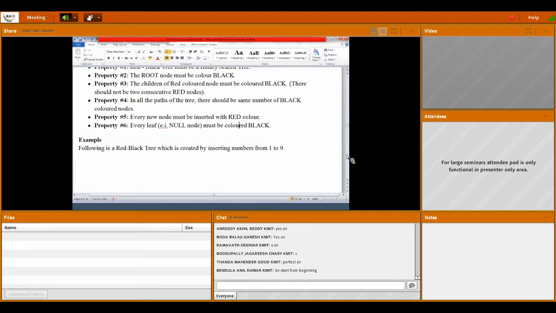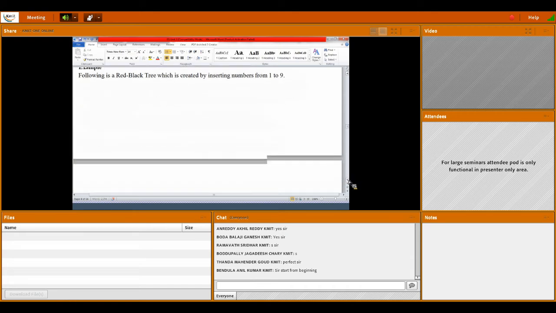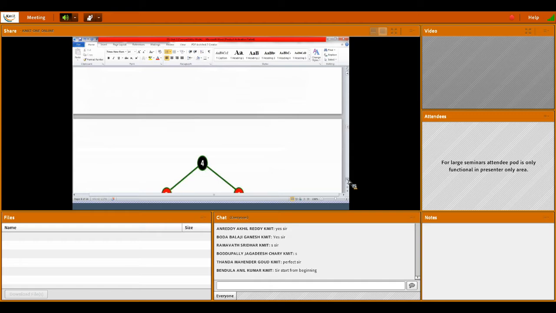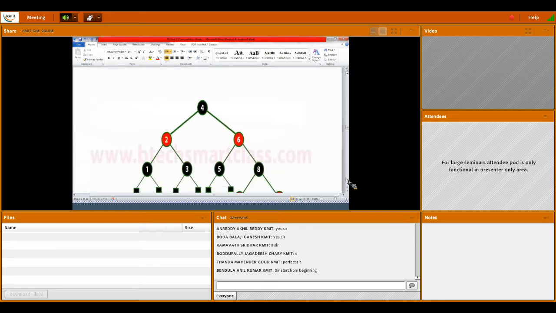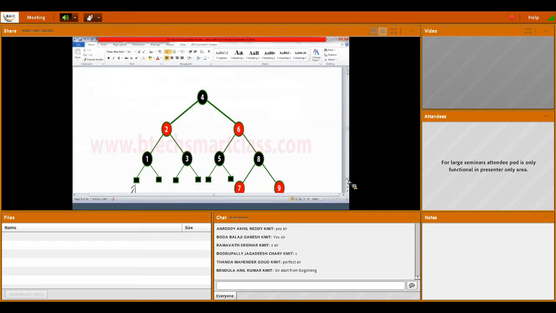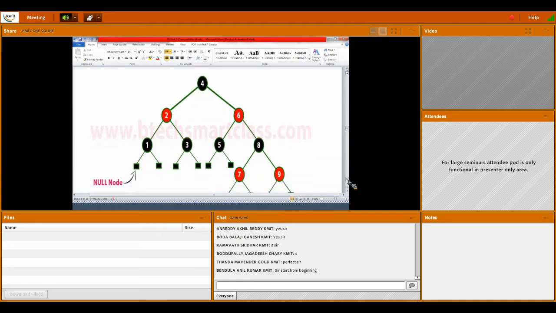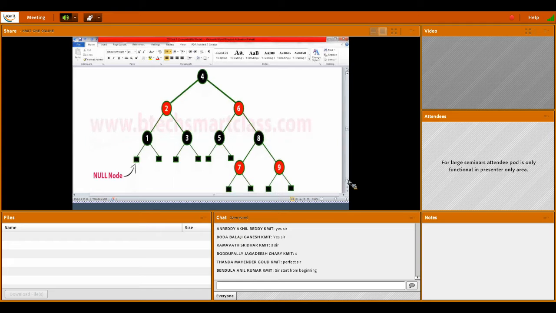So now we'll see one example. So this is the root node, 4 is the root node, and it has children 2 and 6, and 2 and 6 are colored red, and the red node should have children of black only.